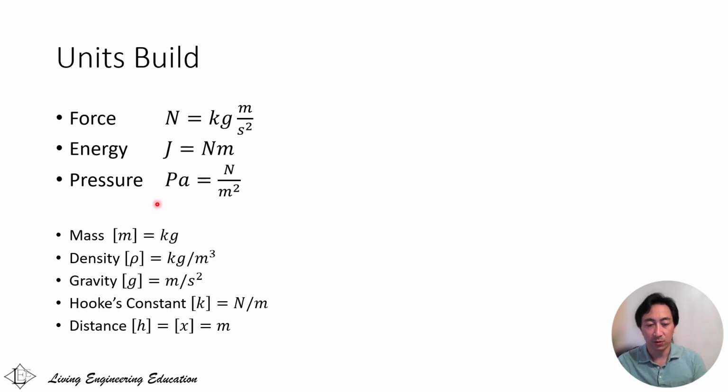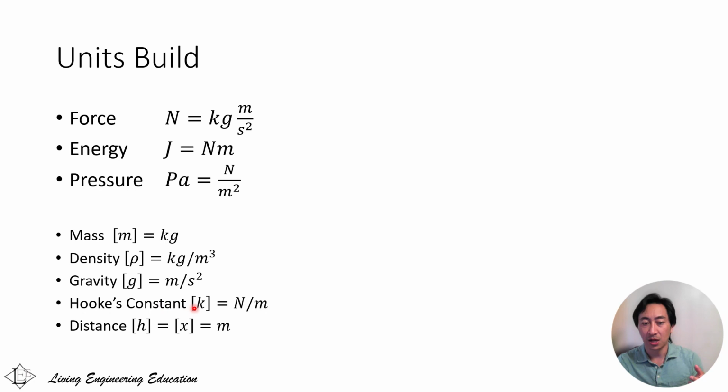We have some more fundamental terms that we'll use to build them up, like mass, which we'll use M. When we use square brackets sometimes around variables, we use that to represent the units of these. So the unit of mass is kilograms, unit of density is kilogram per meter cubed, units of gravity is in acceleration units, meters per second squared,